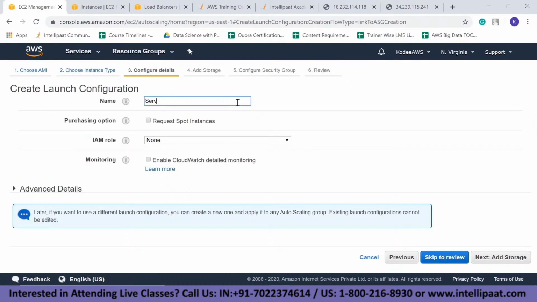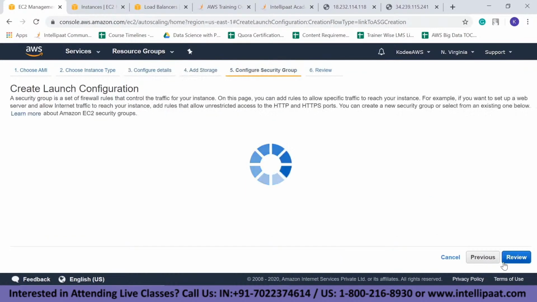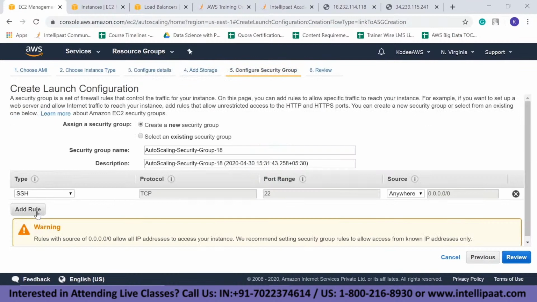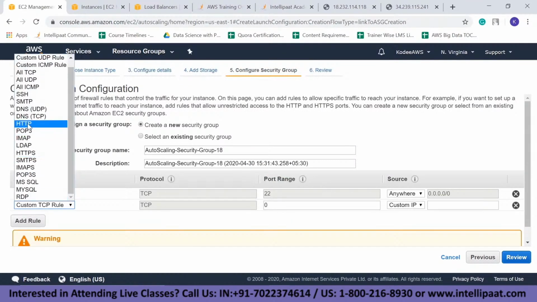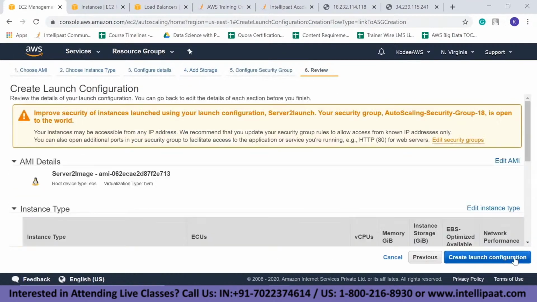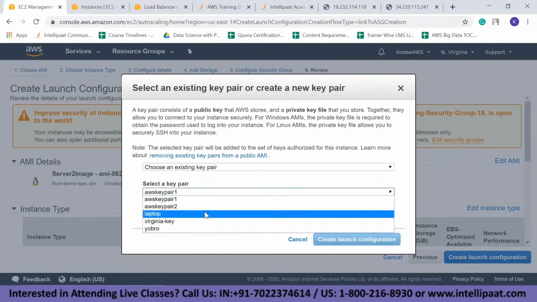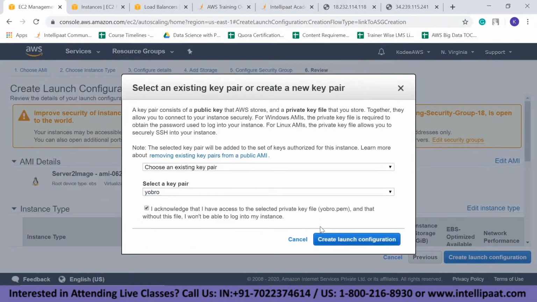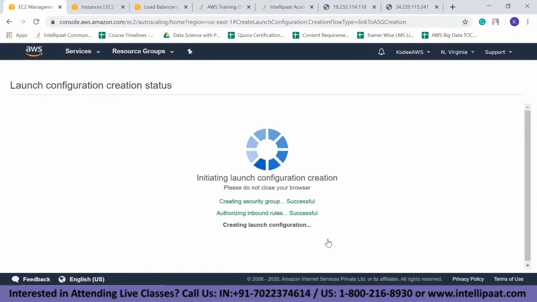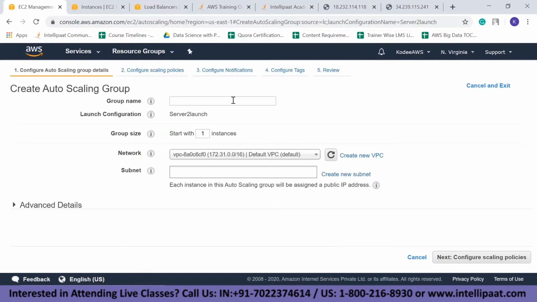So this is going to be server 2 launch. Next I need SSH rule. I need SSH and HTTP, and review, and done, and create launch configuration. Choose your key pair. So I've created another launch configuration, and now using that launch configuration I'm going to create another auto scaling group,